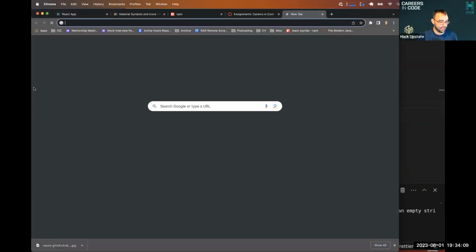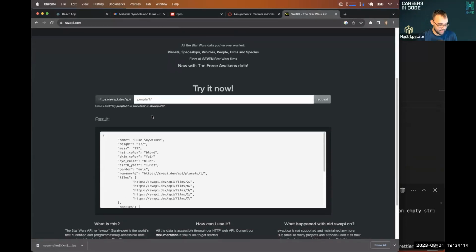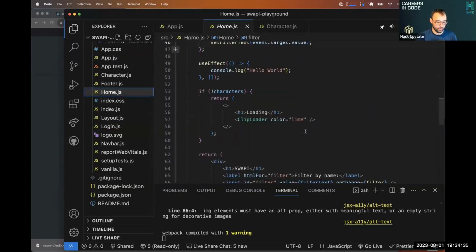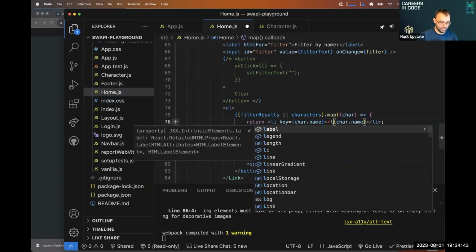We can do that. Let me just quickly look at the Swapi API, and it looks like it's done by person number. So what we do is we use a route parameter. We say character, and then we need to know what number that character is. So we're going to pass in an ID for that. Then on the home page, we're going to modify our LIs to instead return a link